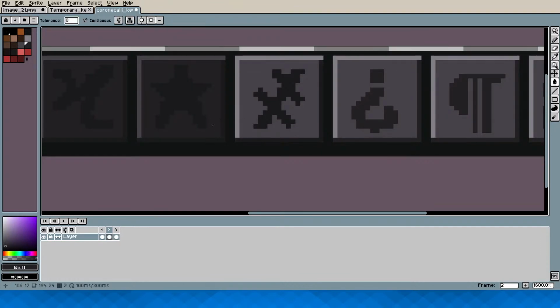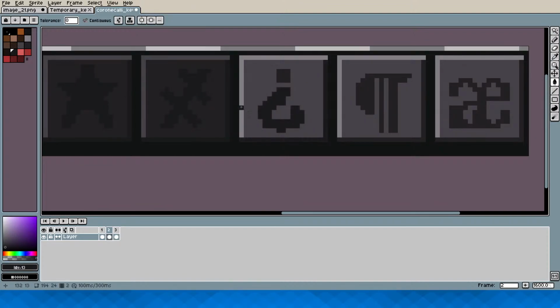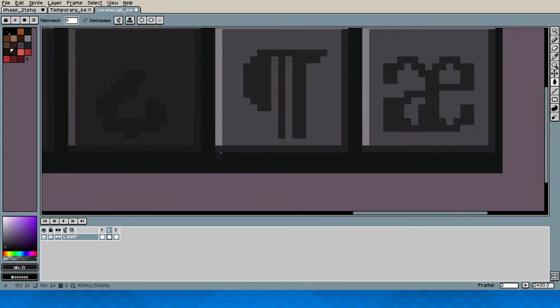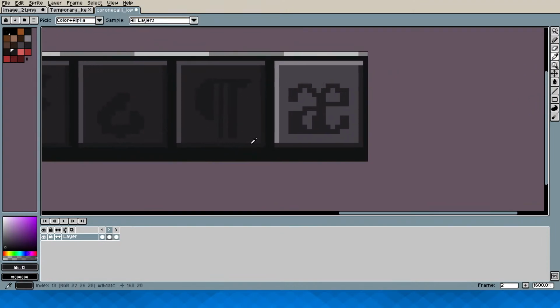Do the same here. And make the edge this color. Repeat this again. And fill the thing as well, and edge again, and one last time.